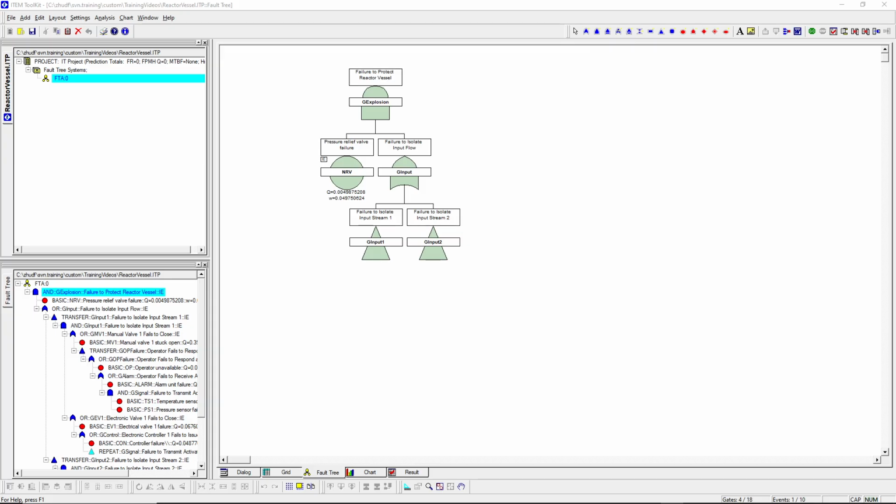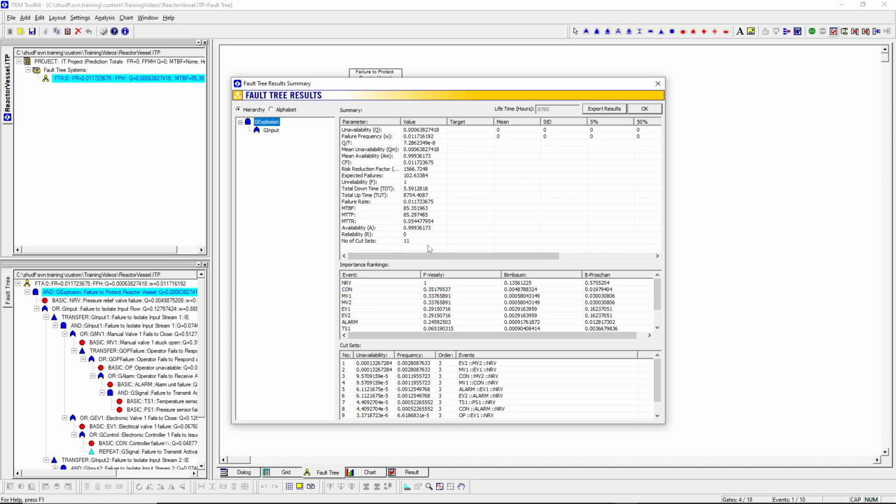Up to this point, we have successfully transformed our qualitative logic structure for the reactor vessel into a fully quantified baseline safety model. In our last section, we executed the calculation engine for a standard one-year operational profile. More importantly, we utilized the toolkit's cut-set view to audit the structural integrity of our design. We discovered that our system results in 11 minimal cut sets, each with an order of 3. This confirmed that our engineering defense in depth is operating exactly as intended, successfully avoiding any catastrophic single points of